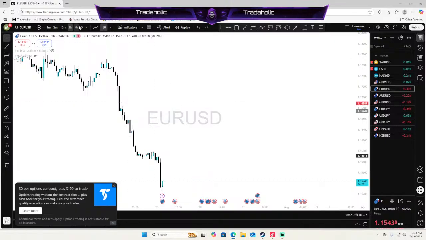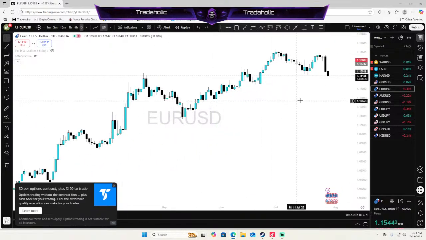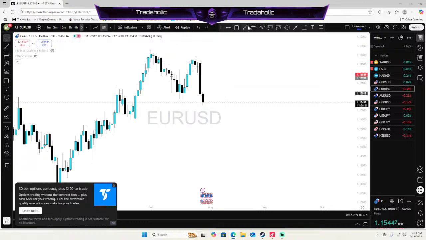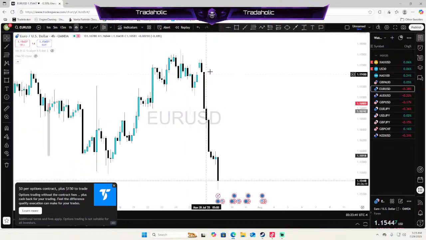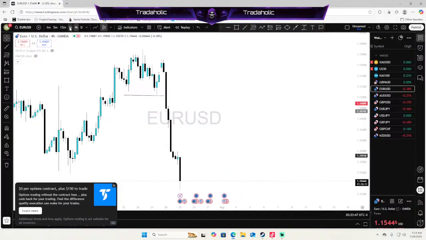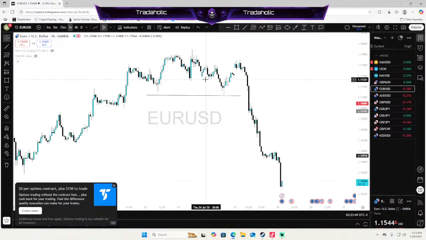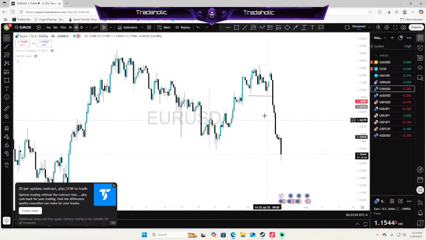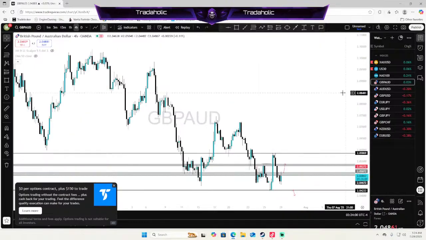Look at EUR/USD. EUR/USD daily time frame, we're going bearish. So going to the 4-hour time frame. 4-hour time frame definitely bearish. We took out these higher lows right over here. 1-hour time frame aggressively bearish, but this is too bearish. This is the aggressive drop with no real retracement on the 1-hour time frame and 4-hour time frame. I don't want to trade this late in the move. So this move already started. I'm not trading that at all. Let's add that to the bottom of the watch list.